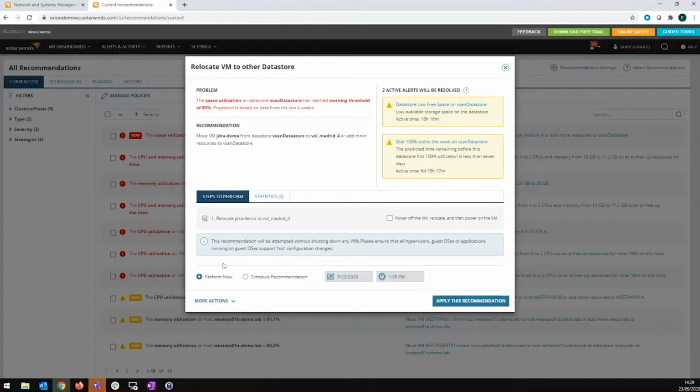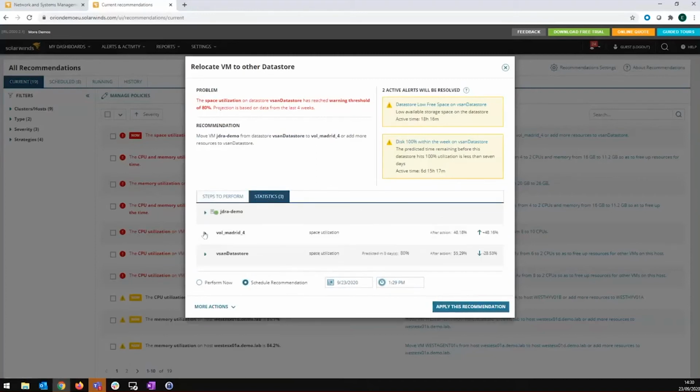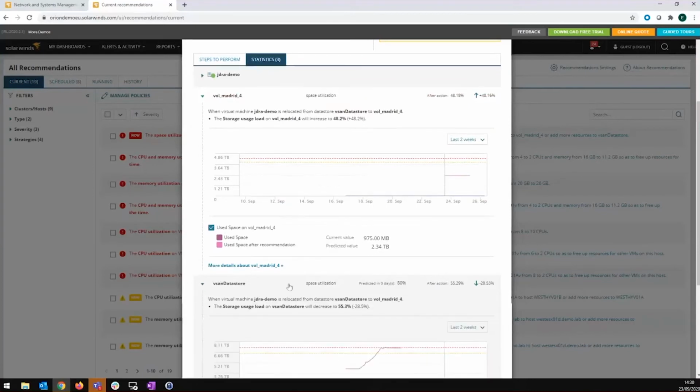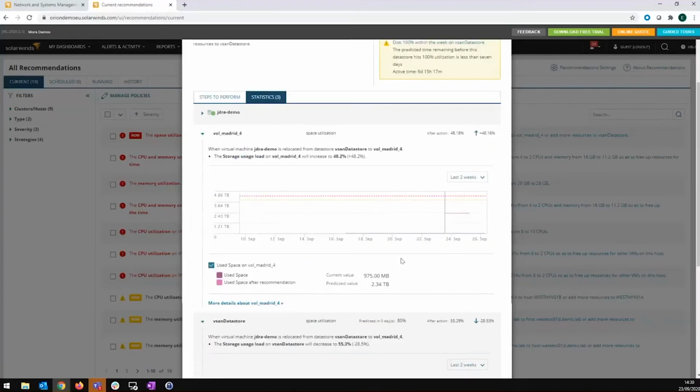And you can perform the recommendations right away from the web console of the monitoring solution, or you can schedule them to be run automatically during your maintenance windows. And the statistics collected are also shown here, so you can check whether or not this recommendation makes sense to you.